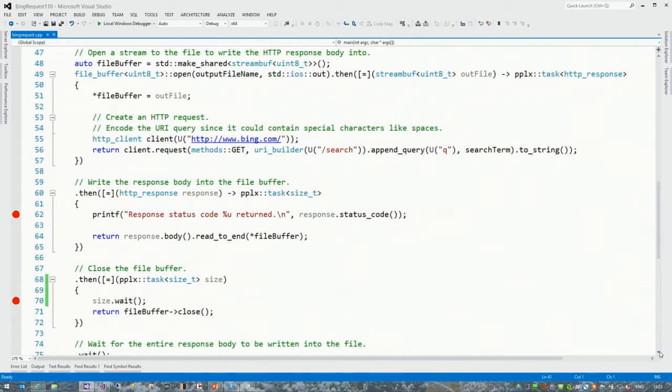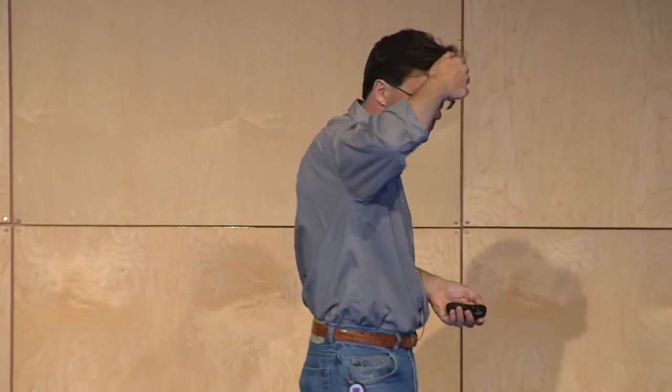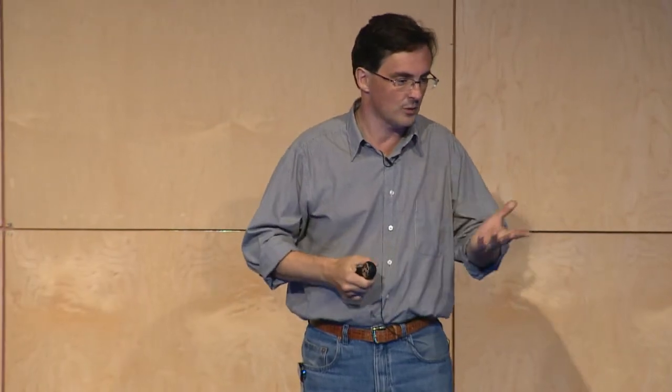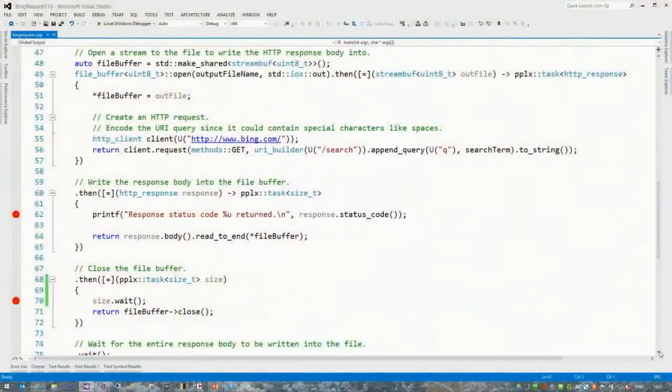I open a target file that comes from the output file name, and when that's open, I make an HTTP request on lines 55 and 56 to Bing, with a /search and I put on a query,